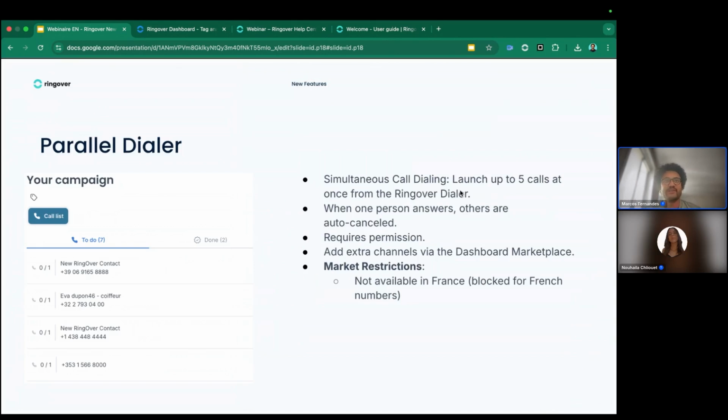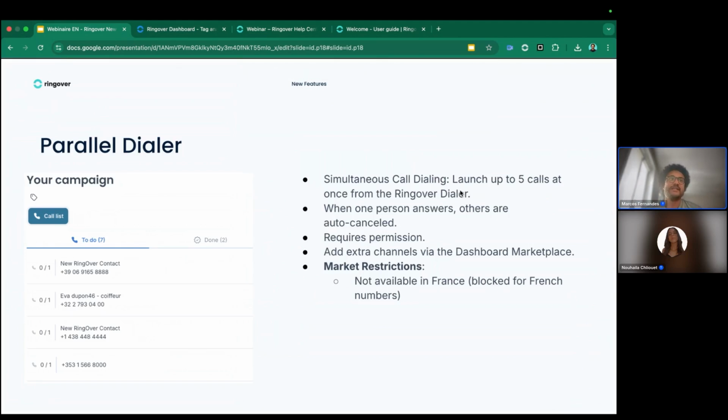The first person that answers the call will be in communication with you, and then all of the other ones will be back to the list of the call campaign. So what happens is you launch your call campaign, you're going to call, let's say, 5 people at once simultaneously. The first person to answer the call will be in communication with you. All of the other 4 will be back to the call campaign list,